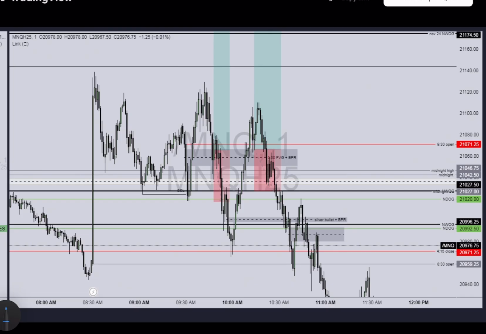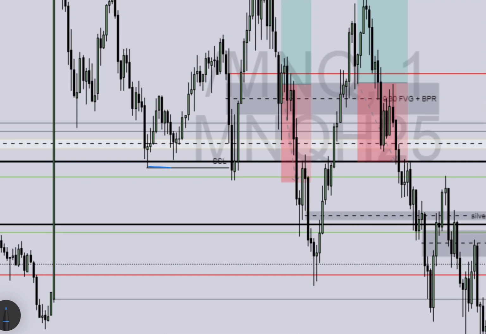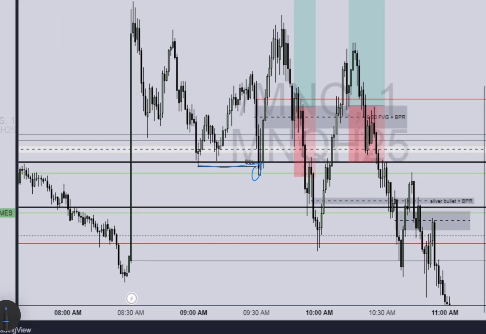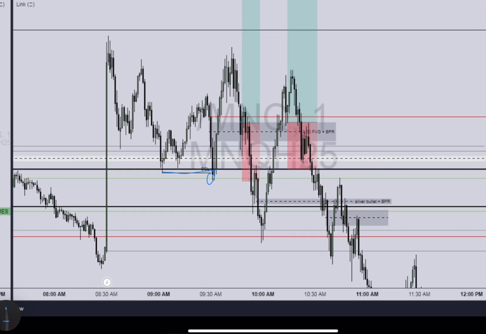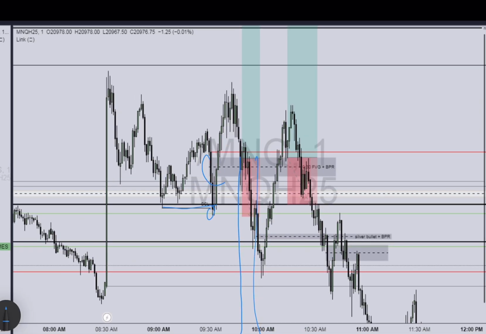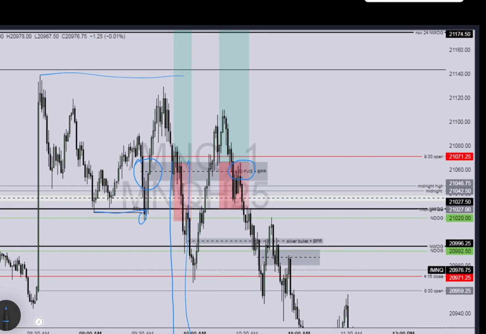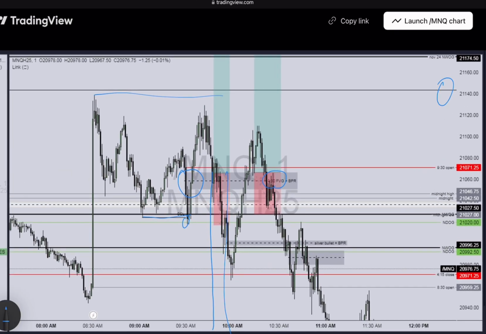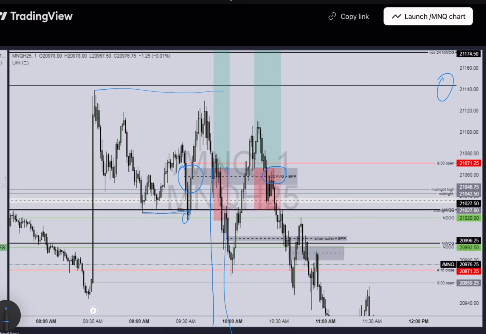Plus, even if you're not entering blindly and you have your factors, like for example, for me right here, the first trade, clear sell side sweep with time aligning. If you look at the time of my entry, this is around the macro, right? You have a nice BPR, which I talked about before, which is also the 930 fair value gap. So all the factors here are very nice, aiding longs, and you have highs here, and I do believe this is some more buy side. So all the factors here are aiding my position, but